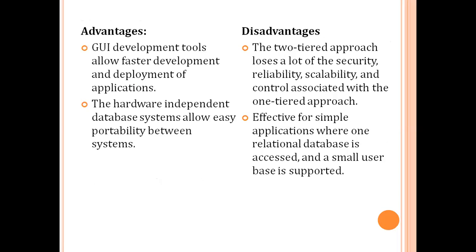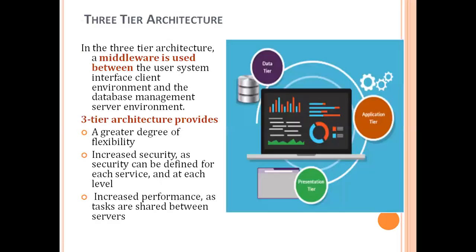So to avoid this disadvantage, we can use the next architecture, that is three-tier architecture. We'll call three-tier architecture N-tier also. Now, in this three-tier architecture, the client part will be separated and the server part will be separated. Here, the server application business logic is separated, as well as the database part. So, three different parts will be there. The client side part, that is the presentation tier.